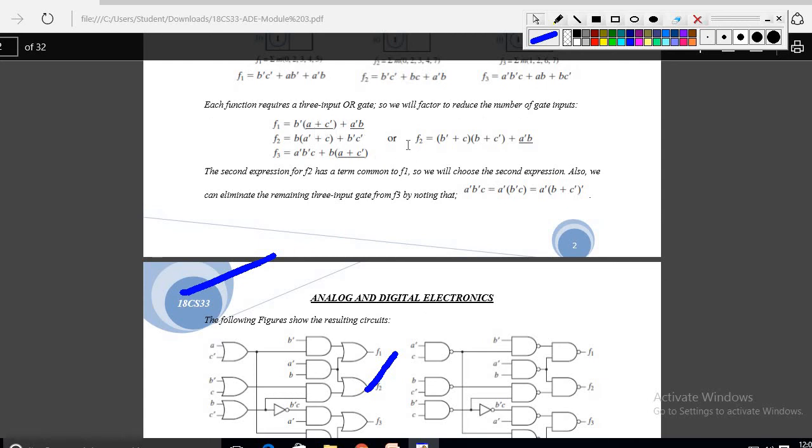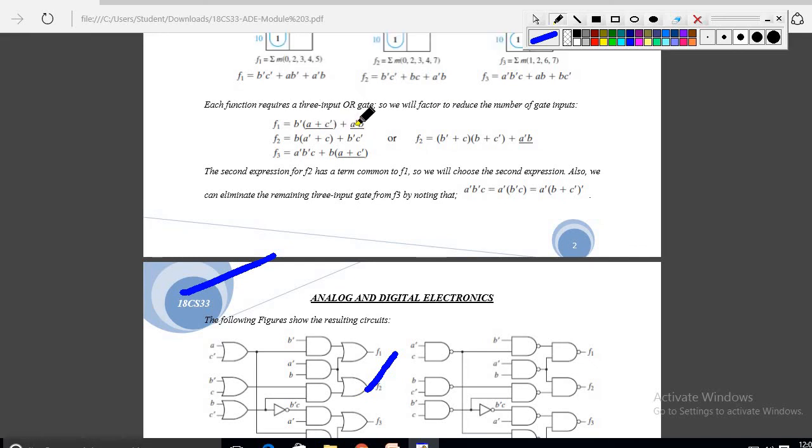First see the expression. For one example, again I am repeating, see here the expression a bar b. If I want to find the logic circuit of this, between the a and b inputs a product is there. If it is a product, it means AND gate. If it is a plus sign, it means OR gate. Is it clear? So in this way, a bar b is there, so I need one AND gate. The inputs are a bar, and the other input is b.